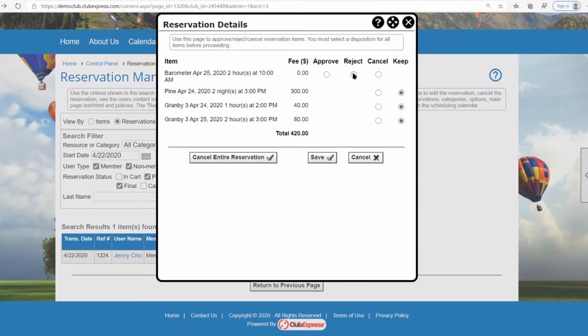And if you choose reject, it's going to ask you, why do you want to reject it? And it might be because you already have one item out and you can only have one at a time, or some reason that you're just not going to let this person have this piece of equipment, or that they've rented it 6 times in the past and you just don't want them to do it again. But in this case, I'm going to approve it. So when I approve it and I save,